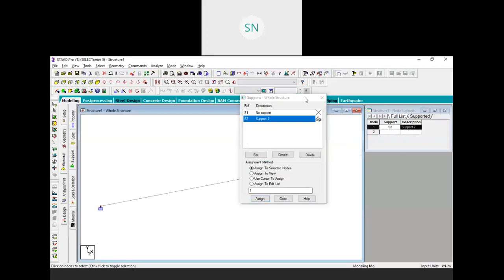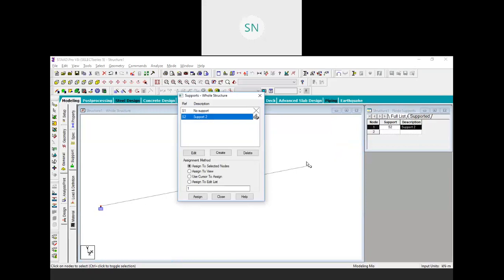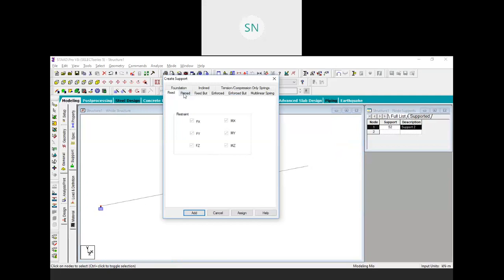Similarly, we have to create one more support for this end, that is pin support. So again click on create. Here we have a pin support where our movements are free, our translations are restricted, forces are restricted, but movements are free. That type of support is known as pin support.